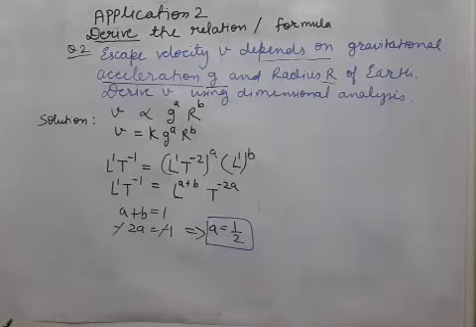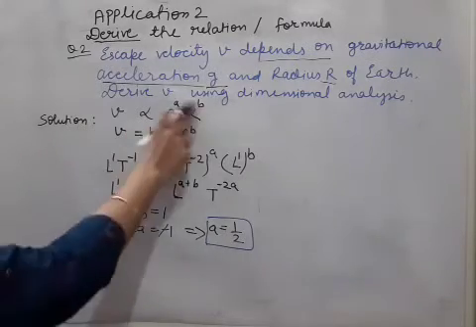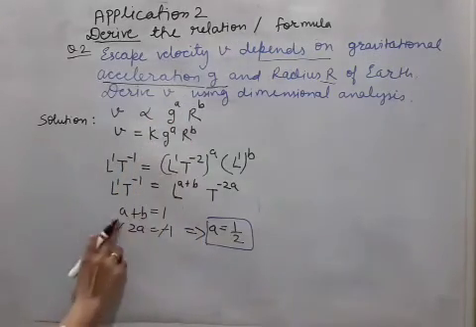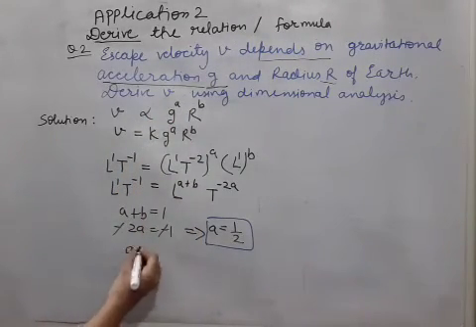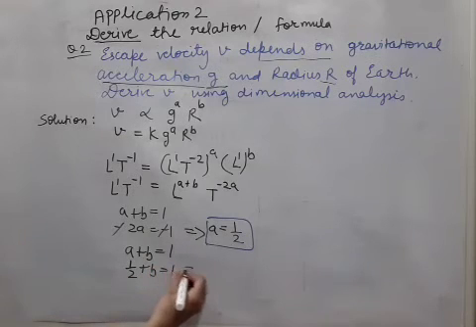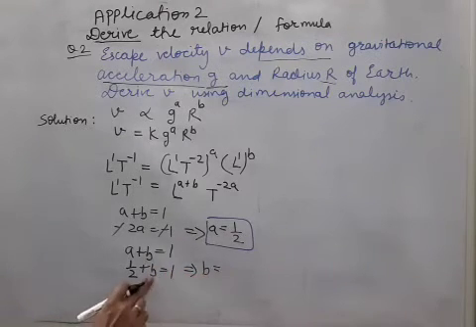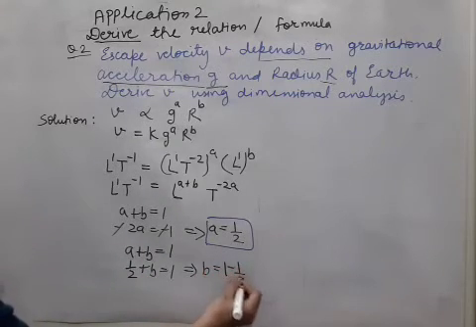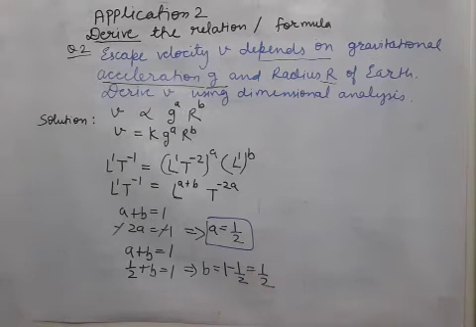The first answer is obtained. Keep on highlighting these final answers as you get them. So a is already obtained. In our question only 2 unknowns were there. A is solved, b is still left. b will be solved from here: a plus b equal to 1. A is half. Substituting here and solving for b, b will remain here only. This half will shift here and become minus. So 1 minus half is also half. So the answer of b is also half.